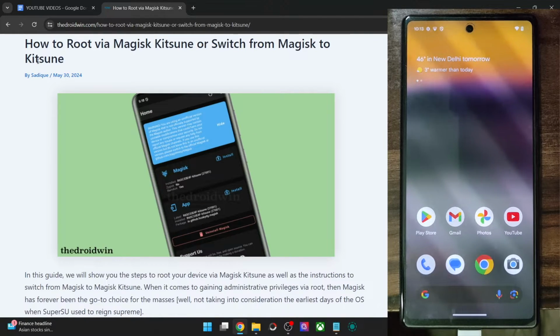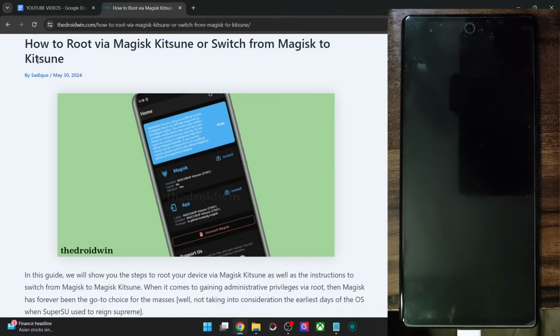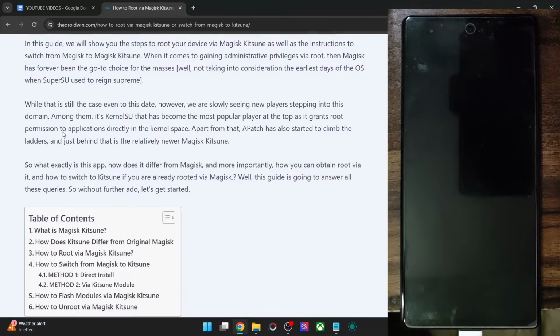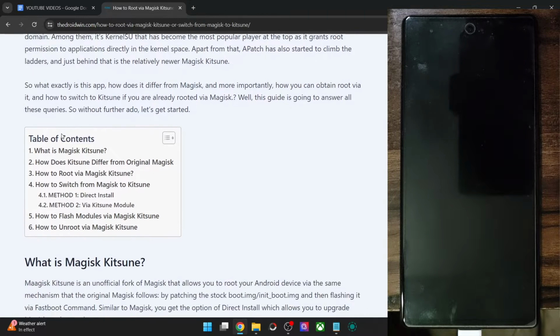So Kitsune is a Japanese word which I guess means a fox that has some paranormal powers. You may correct me if I am wrong. Anyways, with that said, let's now get back to the main topic.